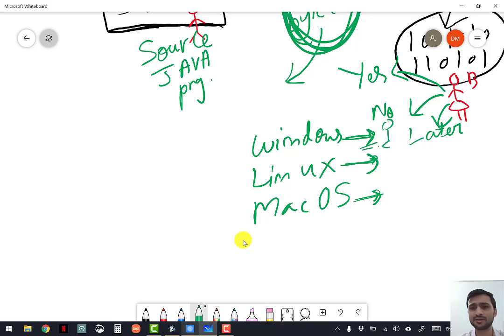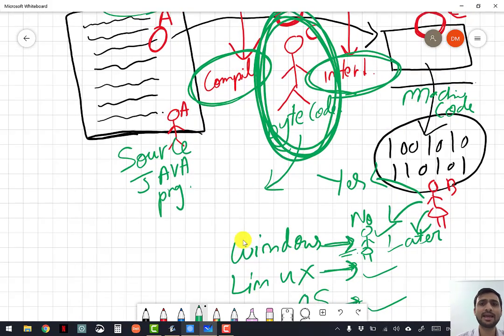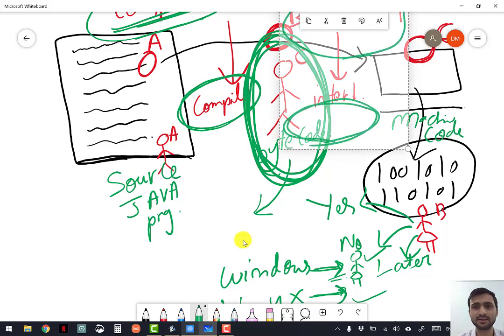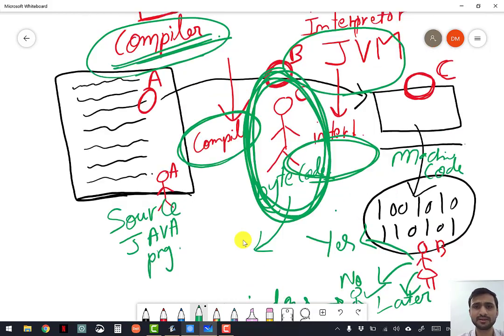Like there are three girls. One girl knows Malayalam, the second girl knows Telugu, the third girl knows Marathi, something like that. But this guy C has the capability of converting his own language, that is Hindi. His own language was Hindi, right? So he can convert his Hindi language into all different types of machine languages.